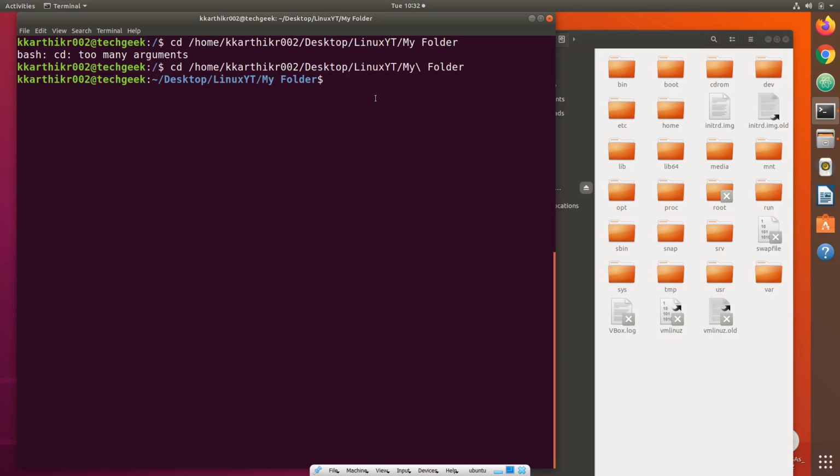Let us go back to root folder again and see another way. Another way is to use double quotes. cd. Let me just paste the path to my folder using double quotes.